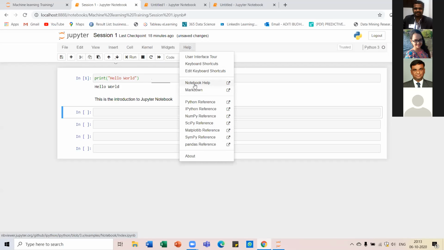Anything about Markdown is available over here, in notebook help. There is also some help about the libraries, NumPy, SciPy, Matplotlib. These are the libraries that we will be learning in the coming sessions.